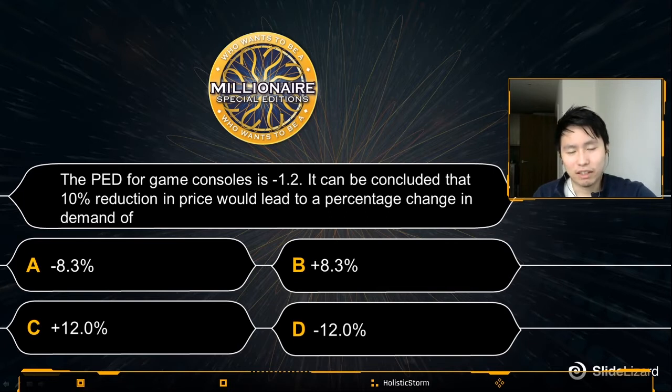So, remember, the key thing here for most of these questions is to use the formula. And make sure to note whether the information that they've given you is a percentage or an actual number, which you need to calculate the percentage change from. So in this case,